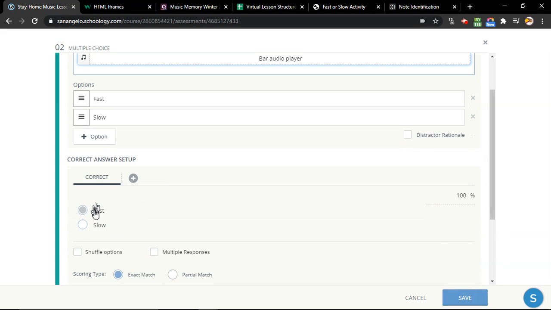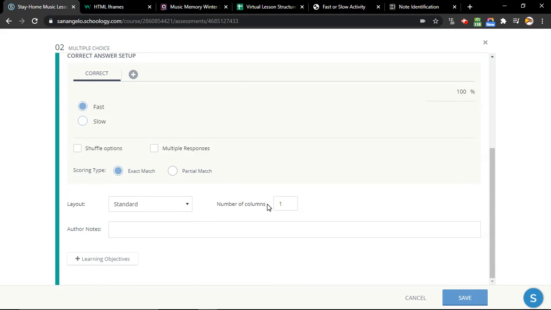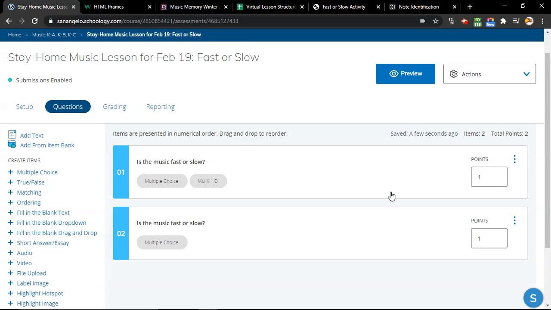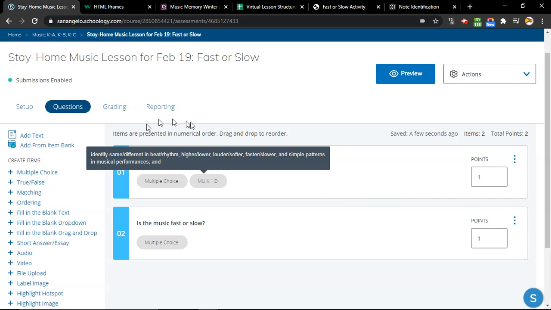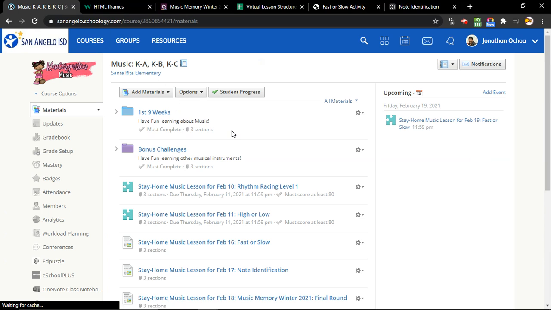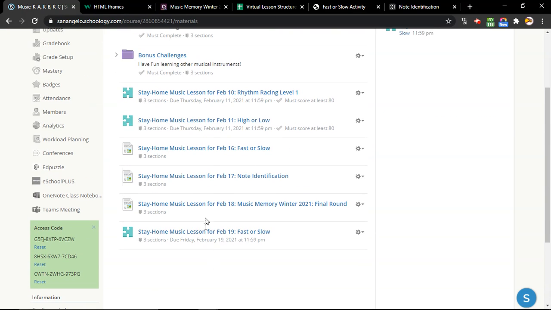And now what's really nice about taking the time to set up your Schoology in this manner, even though it takes a long time to do this, is that it will allow you to hold the kids accountable. Without this setup, it's going to be really easy for them to not do it or cheat. Now, what would be even nicer is as you're building these, if you're like, oh, this lesson is really good in the way that we set it up, then